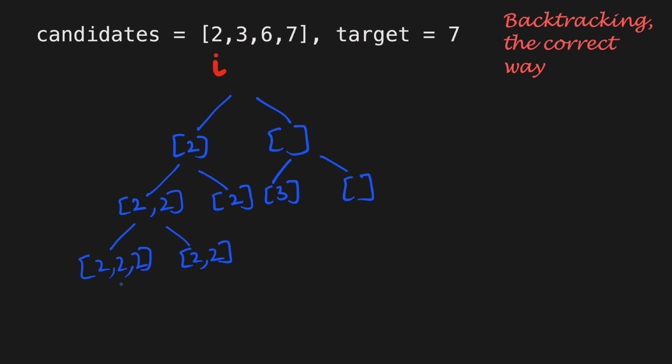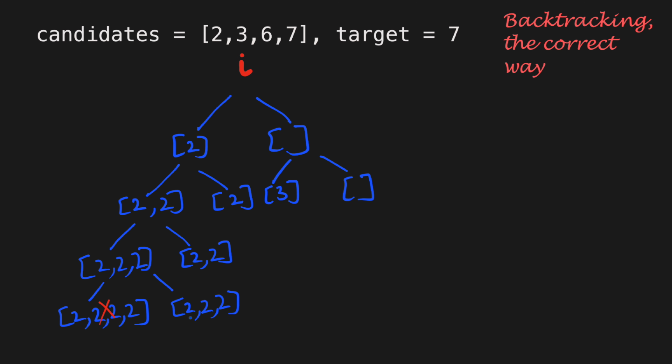And for this combination, the sum is 6, which is less than target. So we go deeper and again we have two choices, whether to include 2 or exclude it. And now on the left, combination sum is 8, which is greater than target. So we backtrack and come to this path and exclude 2, and hence we move I forward and again ask